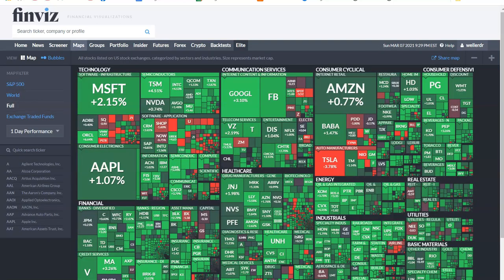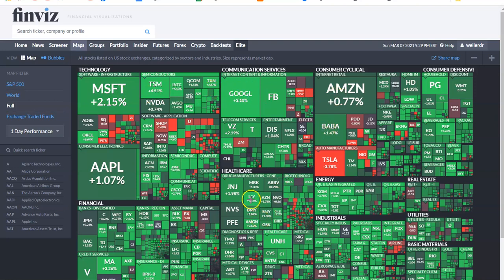Good evening. Tonight is Sunday night, and I thought I'd do a little prep work for the trading day tomorrow. Taking a look at FinBiz for Friday. Initially, the market looked like it was going to go red again, as it did the previous 3 days. But then it turned around, and all the big tech ended up pretty much in the green.